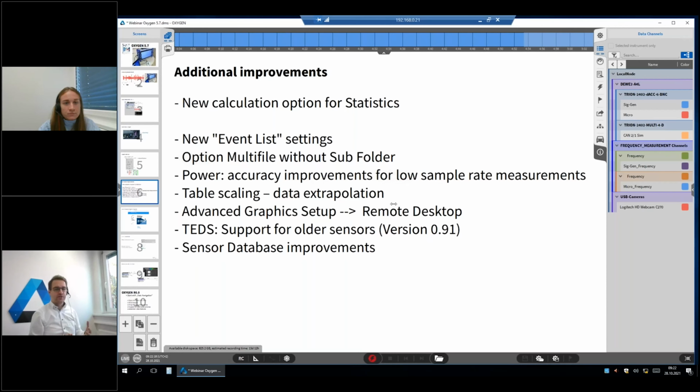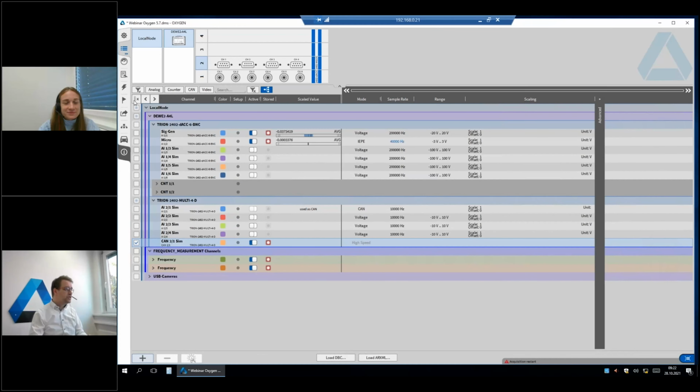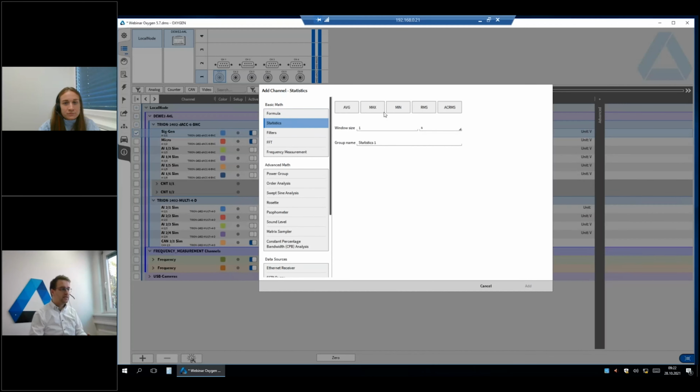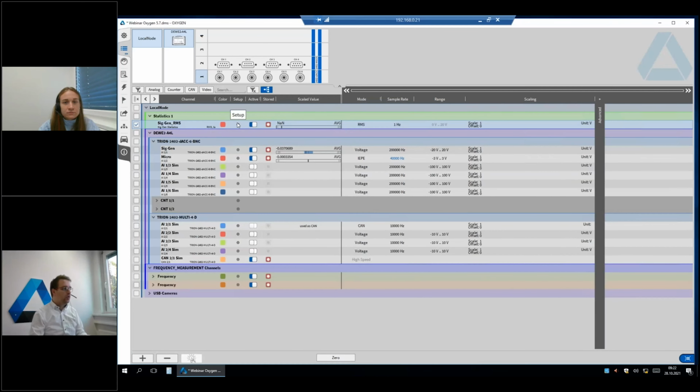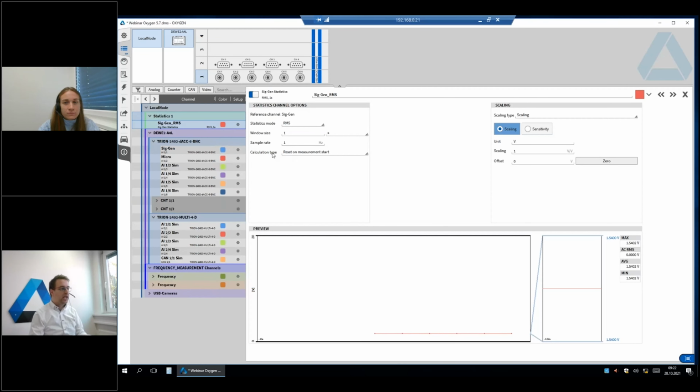But small changes happen. Like we have a new calculation option for statistics. So if you go to the channels menu, choose any channel, and say that you would like to make statistics like an RMS value, it doesn't matter. Within that RMS value statistics channel, you are now able to change the calculation type of the measurement. It could be either reset on measurement start or continuous, which means